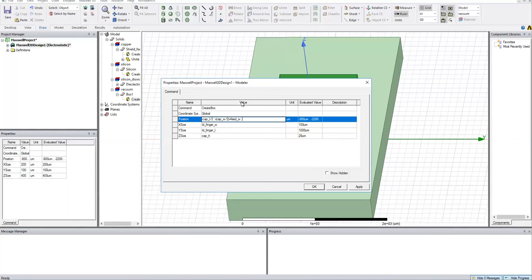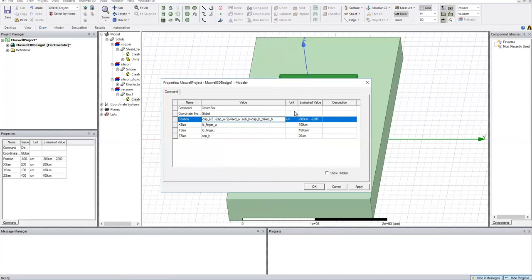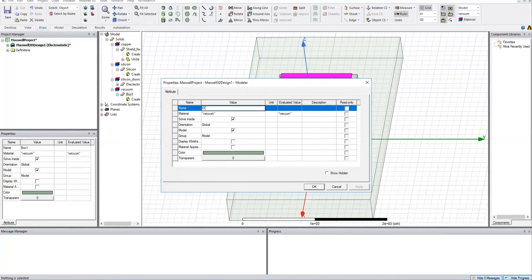Then the position is adjusted such that it lies on the top of the dielectric material. So you can see that one IDE finger. Now you can rename it and assign the material, which is copper.